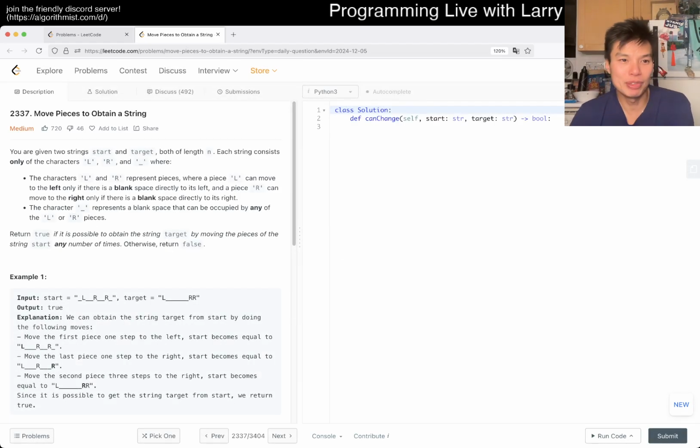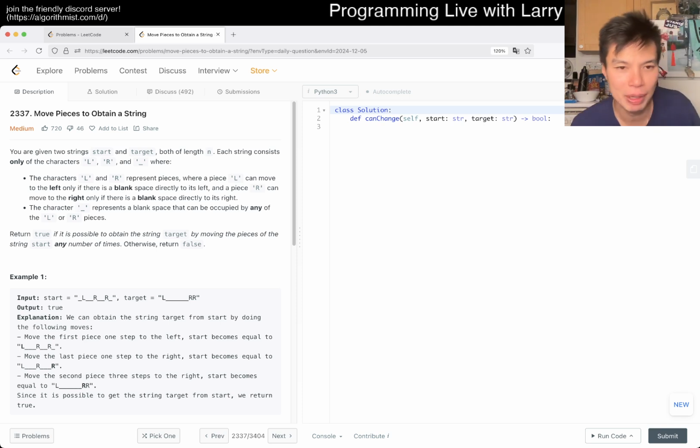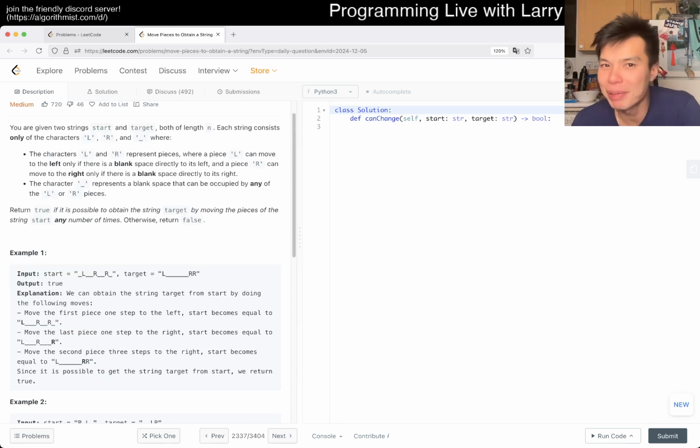37 is today's prompt. Move pieces to obtain a string. So you get two strings, start and target. Each string consists of only the characters L, R, and underscore. The characters L and R represent pieces, where a piece L can move to the left only if there is a blank space directly to the left, and a piece R can move right. And space is okay. So you want to keep moving. Okay, this is annoying, but